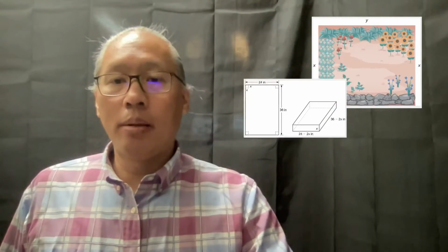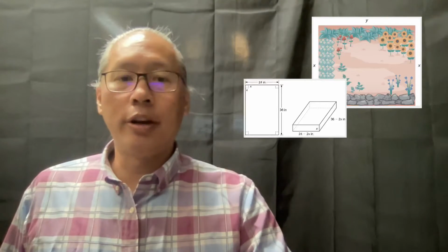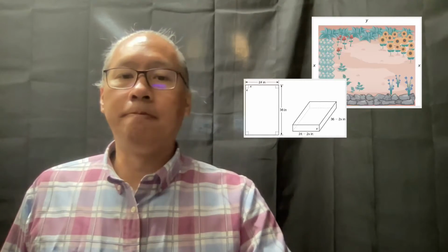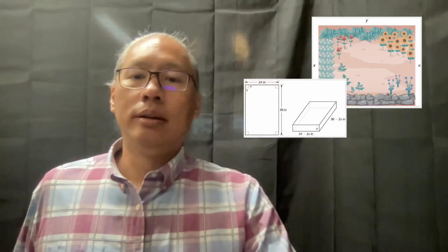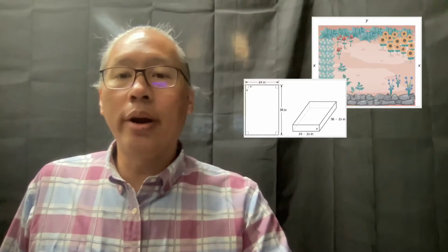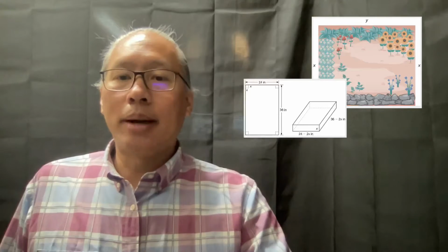You'll get problems like this one where you have to find the dimensions X and Y for a fence that you're going to create, and you want to maximize the area given some fixed perimeter. Another common problem is cardboard, where you cut out the corners of the cardboard and make a three-dimensional box out of it. And the question here is, what should X be? What should the dimensions of those squares be that you would cut out so that you're going to maximize the